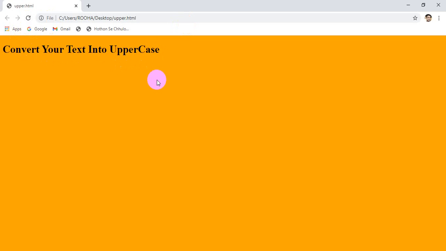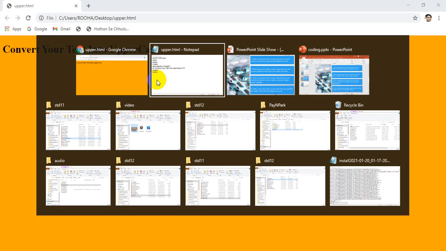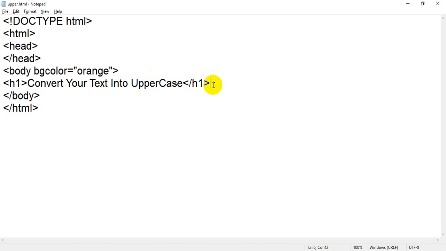Now we are moving towards the JavaScript code. What do we have to write, what do we have to do? So I am going to write JavaScript. Before that, the first thing is that we have to use a script tag. So I will write a script tag and a closing script tag, because JavaScript is a scripting language, and if you want to insert JavaScript inside the HTML, you have to use a script tag.